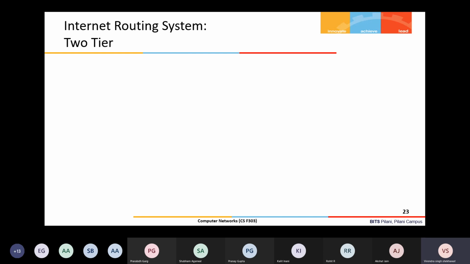So we have discussed two algorithms, one centralized algorithm and one distributed algorithm, right? And I have discussed how both algorithms work, and the corresponding protocols which are based on these two algorithms. OSPF is the protocol used predominantly in the internet as compared to RIP, because RIP has problems. OSPF is based on Dijkstra, so it is link state routing, and it has a problem too: in large networks its complexity is high.